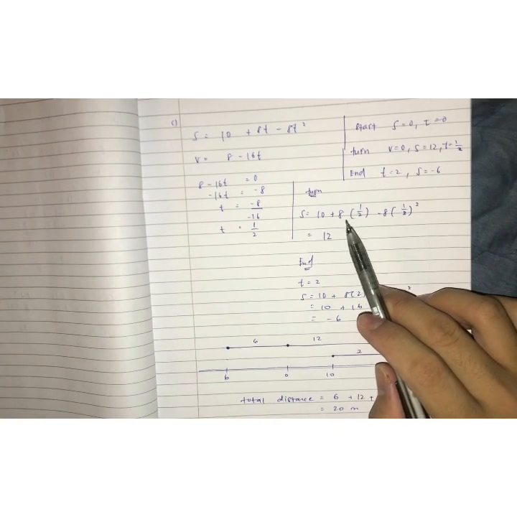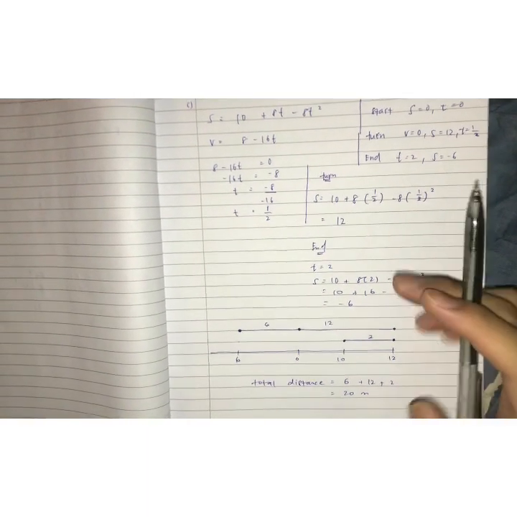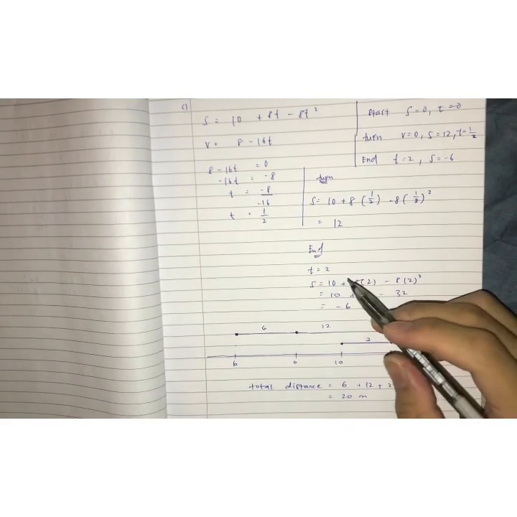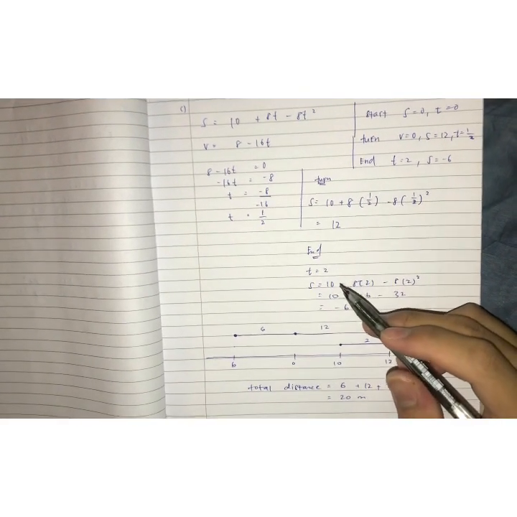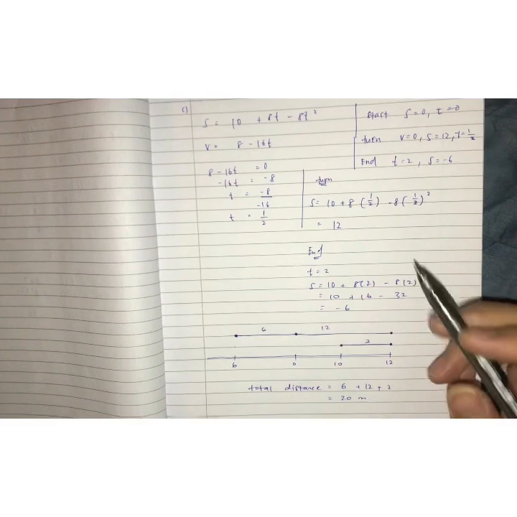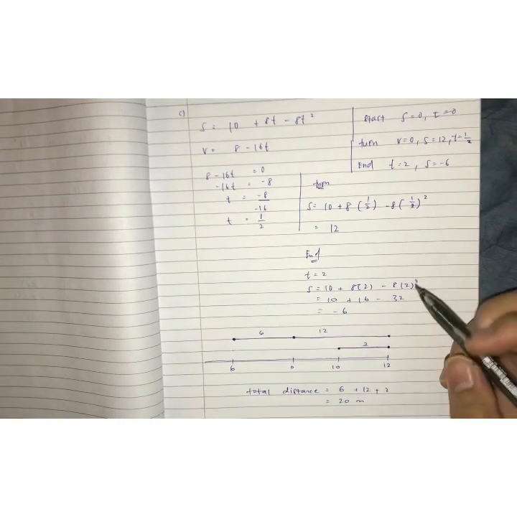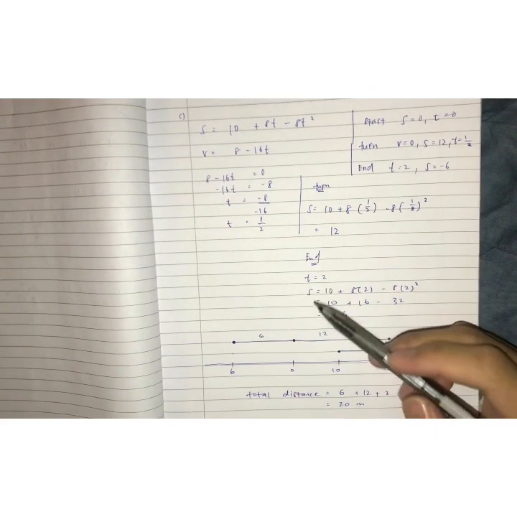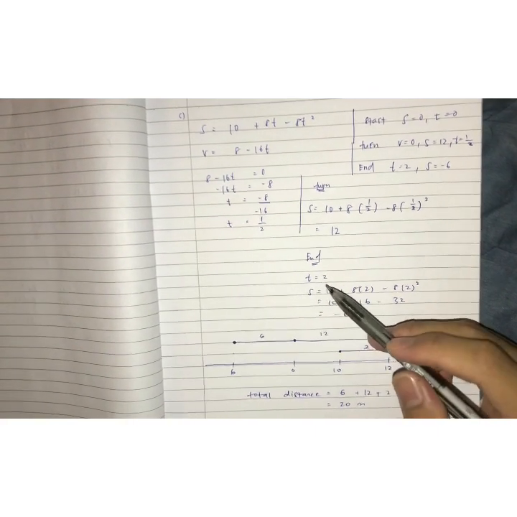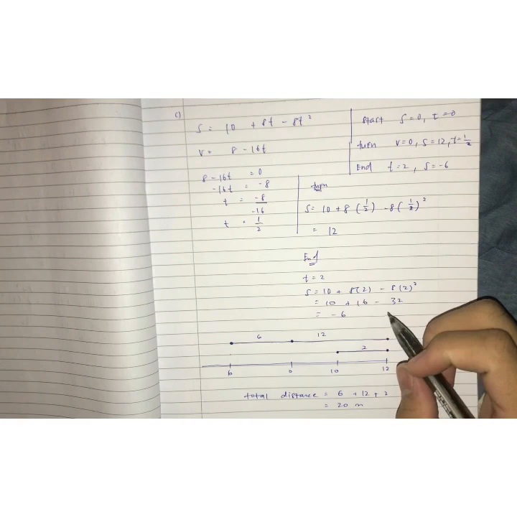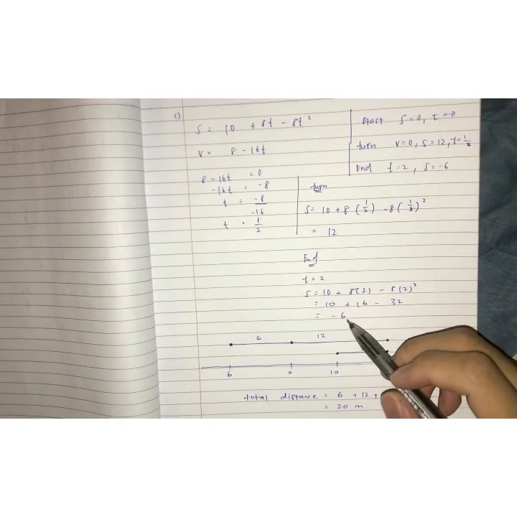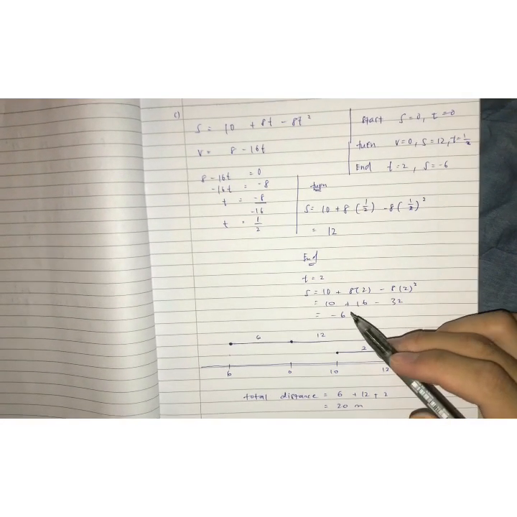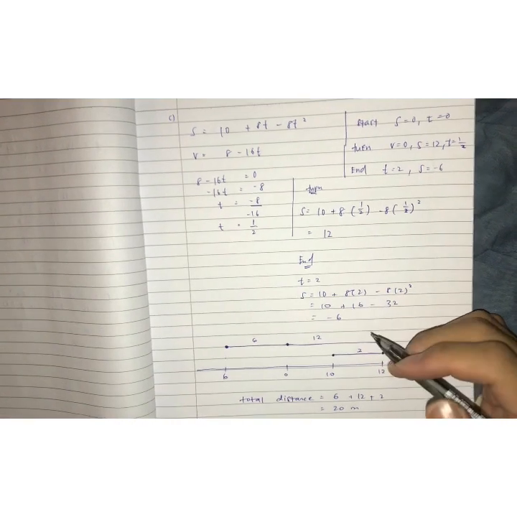After that, we need to find the displacement at the end point. In the previous question, it said that time is equal to 2. So we need to substitute this into the displacement function. We will get this, negative 6. After we have all the points, starting point, turning point, and ending point, we need to use the number line method